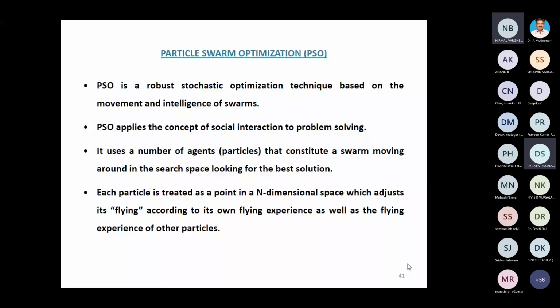If I want to apply an ant colony optimization algorithm, one must understand something very, very important. All of you listen carefully. In the ant colony optimization algorithm, we have the property of how the ants follow one another, how they go on the same path in order to find the food. That is the biological concept behind it. The same way, you have to apply this biological concept to our practical purpose. If the scenario is identical, then only you can apply the ant colony optimization algorithm. Otherwise, you cannot apply it.